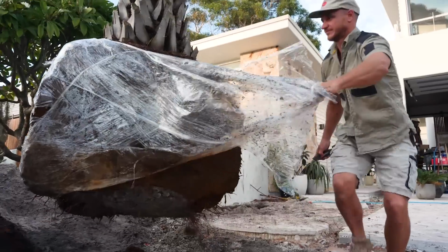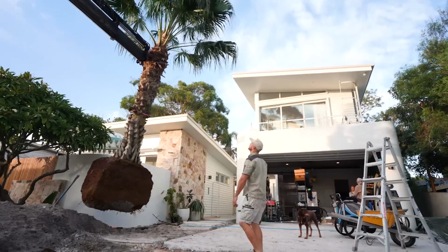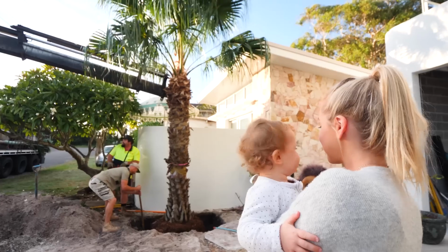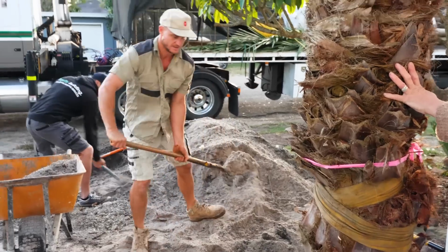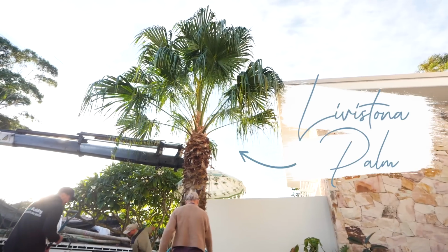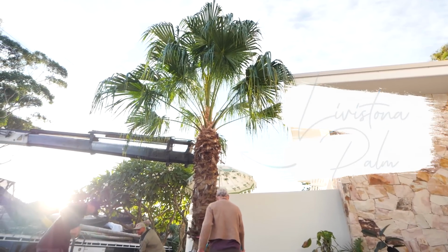From day dot, it has always been the plan to bring in these huge established palms. These gorgeous trees will add that touch of life to the exterior and just help to break up all those hard finishes. Pretty pumped, our first Livistona palm's gone in, and when you're getting to this part of the build,